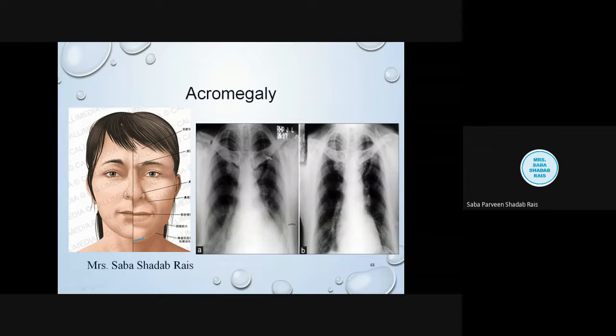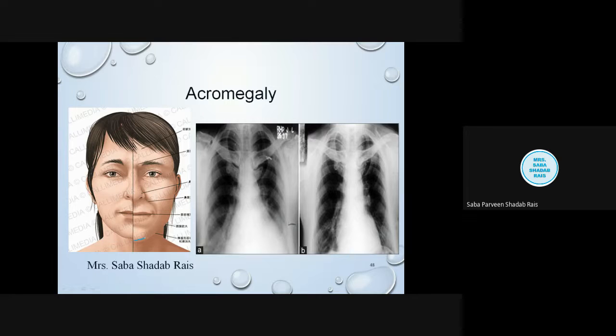Overgrowth of bones will happen, and overgrowth of cartilage will also happen. This overgrowth will start producing the condition of arthritis. Not only that, because of this enlargement of the bone, they will get joint aches.